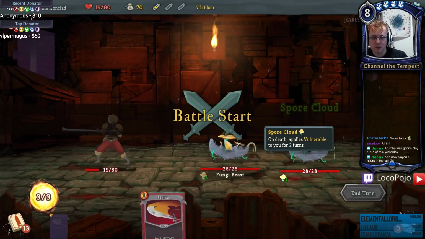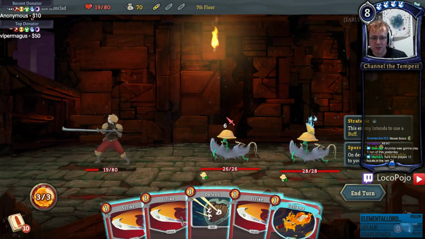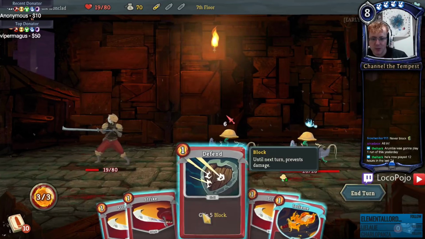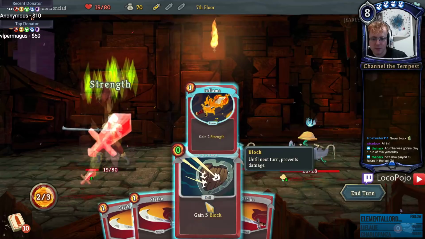Uh-oh. On death applies vulnerable to me for 2 turns. Each of them attacks... Okay, that one attacks for 6. This one gets a buff. So this time around, we really want to defend, I think. We're going to Inflame. We're going to...